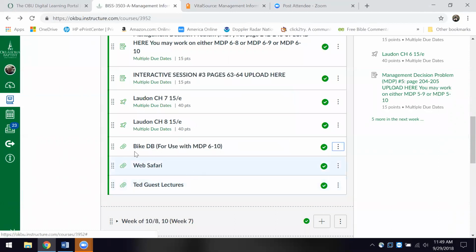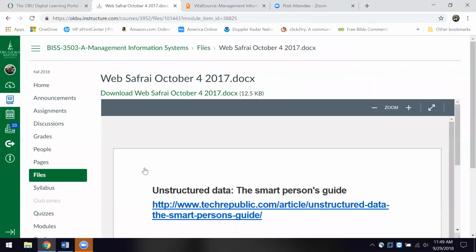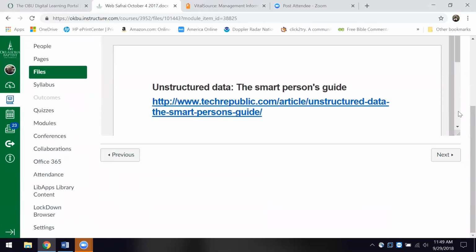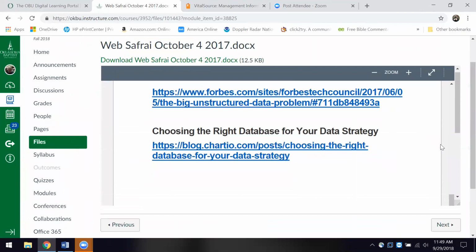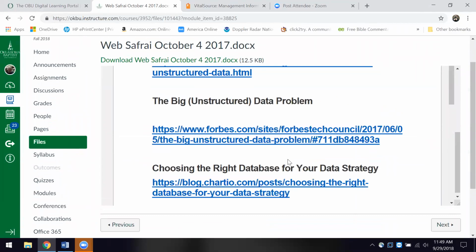Now, again, the web Safari. Got these links for you. As I said to you before, I think of all of them, choosing the right database for your data strategy is the most important. Okay, now